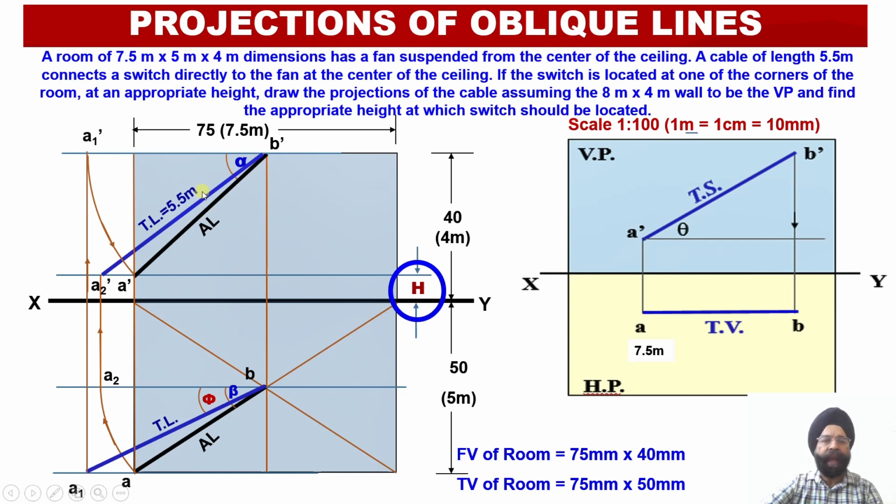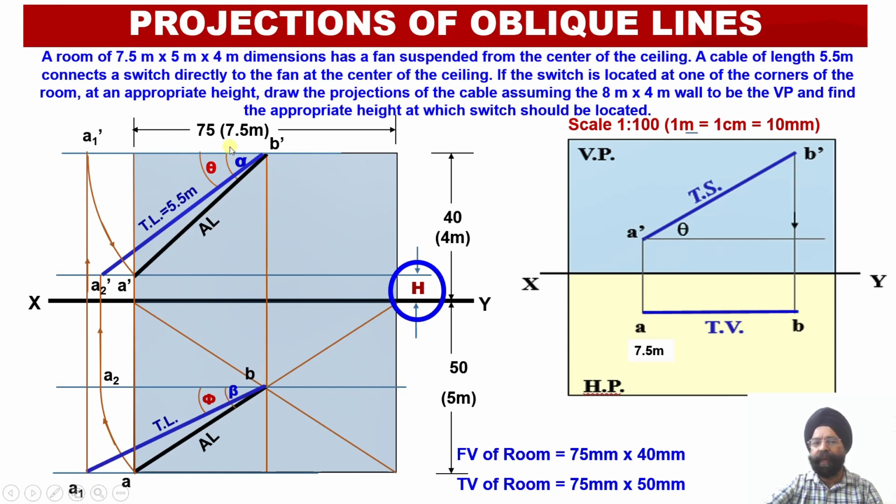So this way I have been able to validate that the principles of the rotation of the line have been applied appropriately in this particular case, and I have been able to evaluate the distance of this switch above the ground in this particular corner of the room. Having drawn the projections using black color, in the front view that is A dash B dash and AB in the top view, and having drawn the true length of the line in the front view, that is A2 dash B dash, and in the top view, that is A1 B,